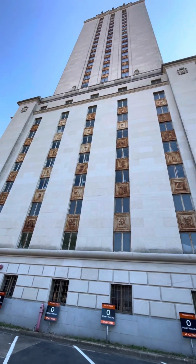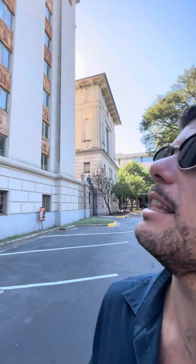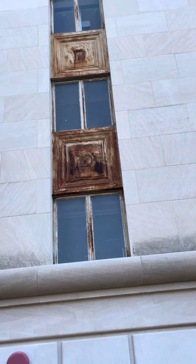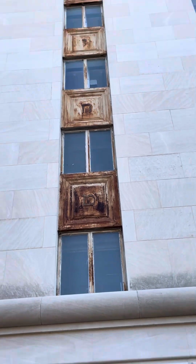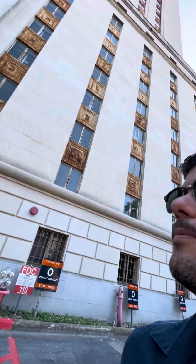I believe there is a restoration project in motion right now, tens of millions of dollars. It hasn't started yet, but I'm sure they're going to restore these letters here. I really hope so, because they've gotten quite rusty. I think they're going to clean them up and maybe reapply the gold leaf to them. I would like to see that happen. It certainly needs it. And yeah, if you look at the layout of the building, when it was, you know,